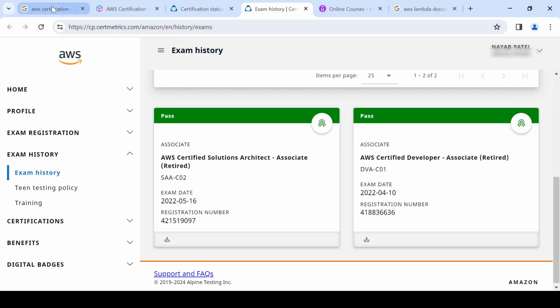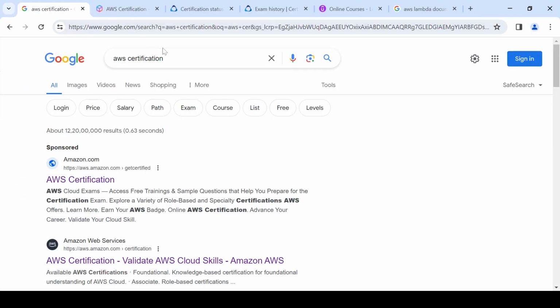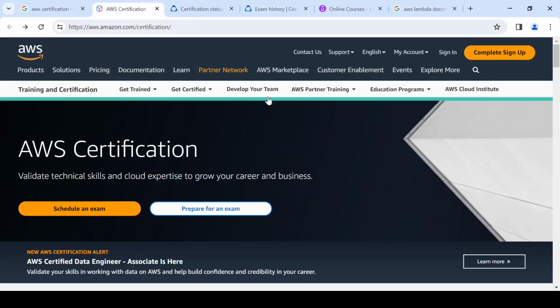Okay, let us see how we can get to know the course content of a particular AWS exam. For this, go ahead and do a Google search, AWS certification, then open this link, AWS Certification: Validate AWS Cloud Skills. Once you open this link, you will come to this page. Here you have a link, prepare for an exam. Click on this link,